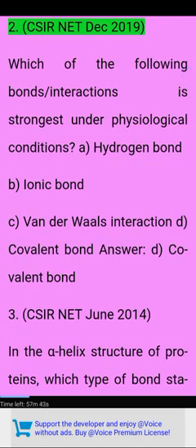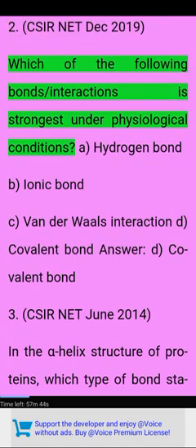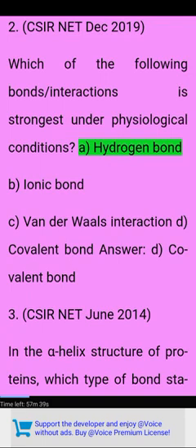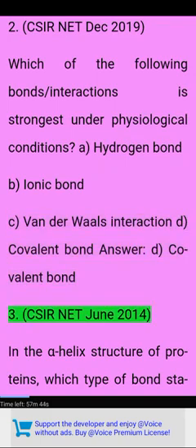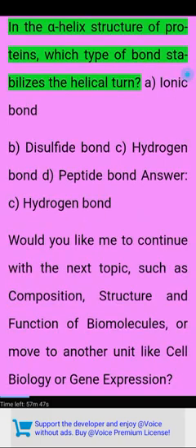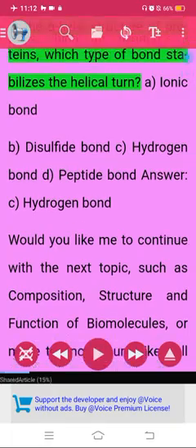2. CSIR NET December 2019. Which of the following bond interactions is strongest under physiological conditions? A. Hydrogen bond. B. Ionic bond. C. Van der Waals interaction. D. Covalent bond. Answer. D. Covalent bond. 3. CSIR NET June 2014. In the alpha helix structure of proteins, which type